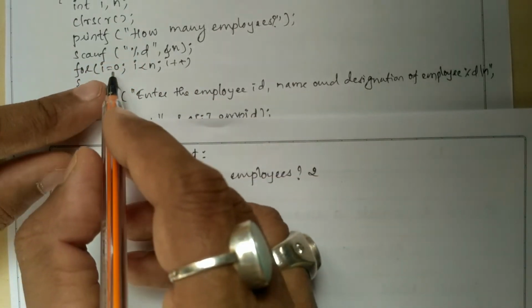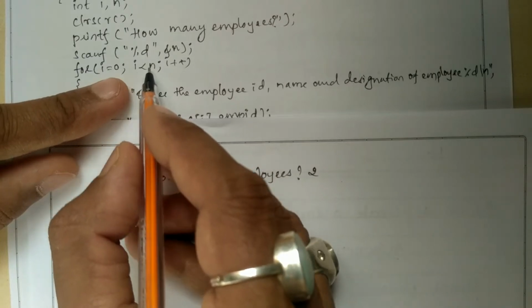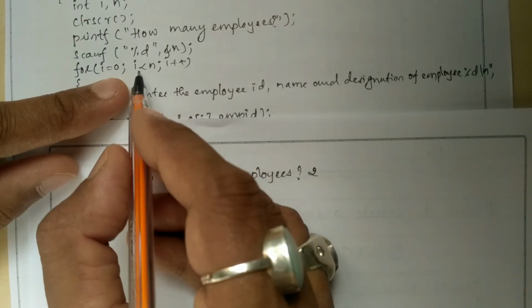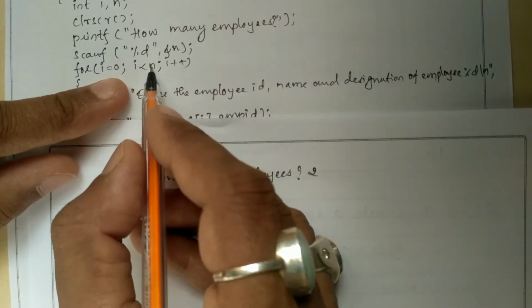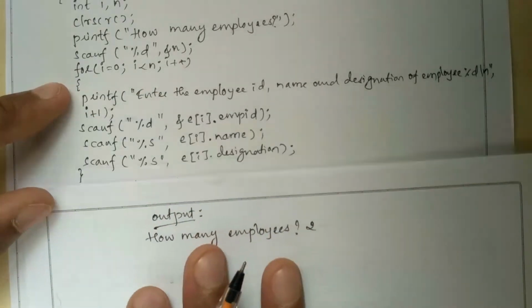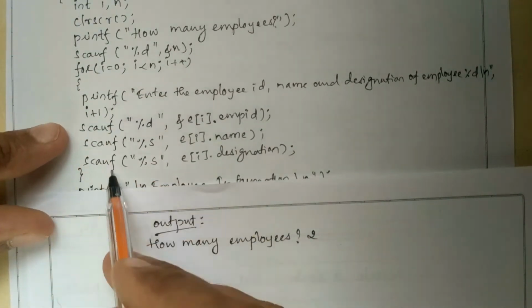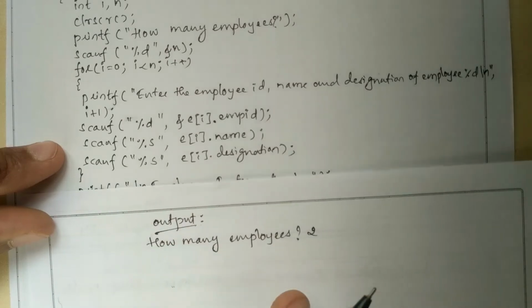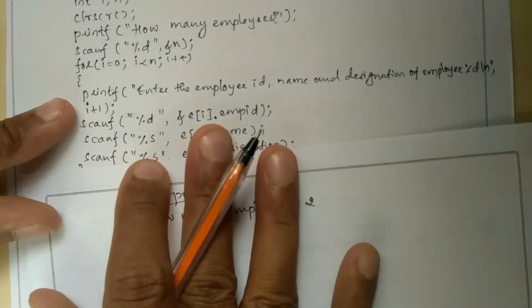2. Next i is equal to 0. 0 is less than n, n is what? 2. So 0 is less than 2. Yes, the condition is true. Once the condition is true, then all these 4 statements will get executed. Correct? Yes. So printf, here you can see